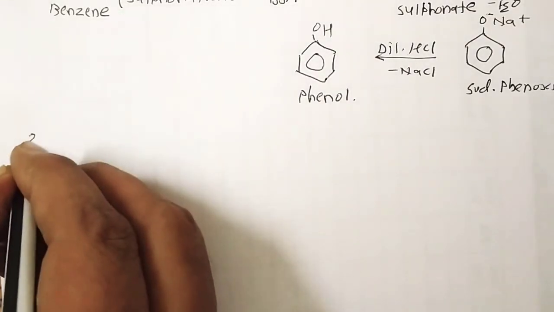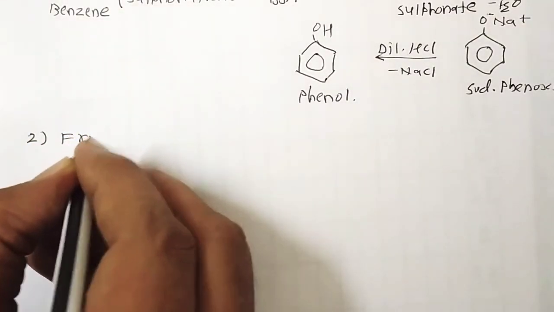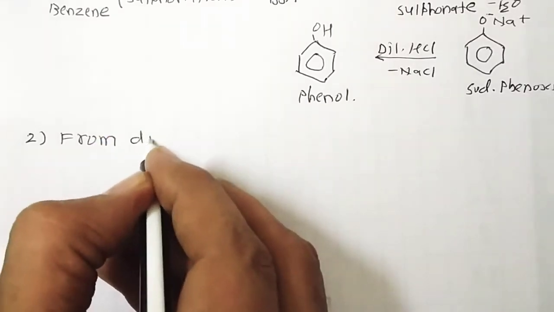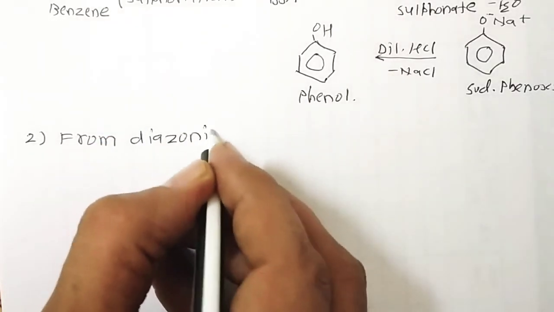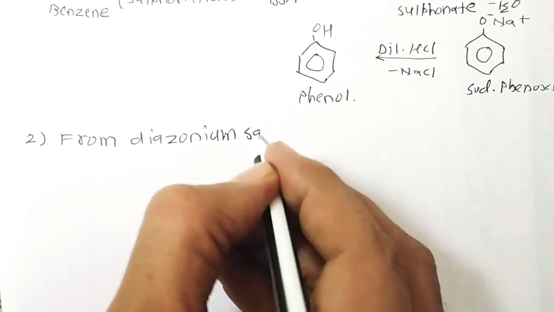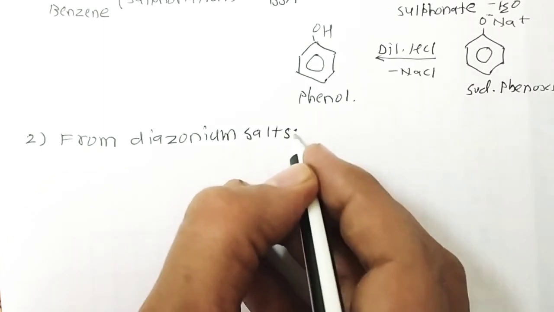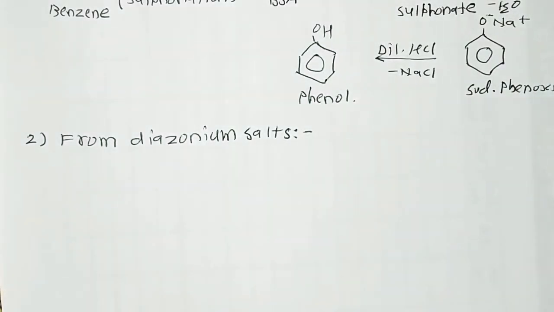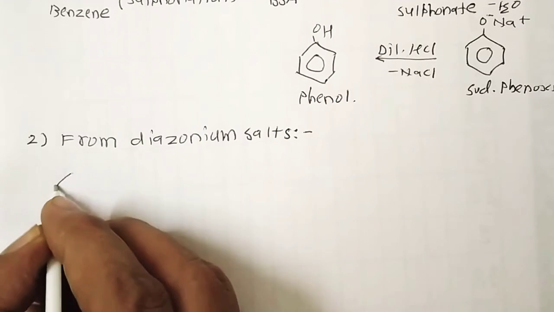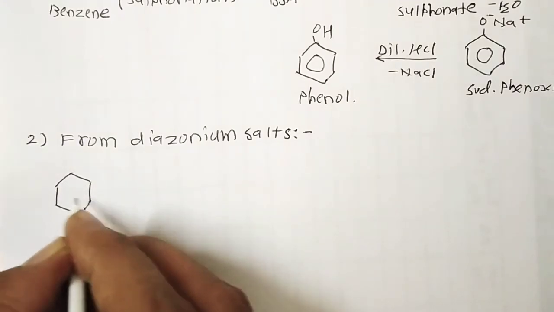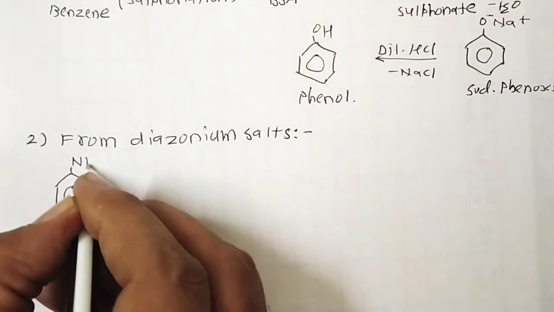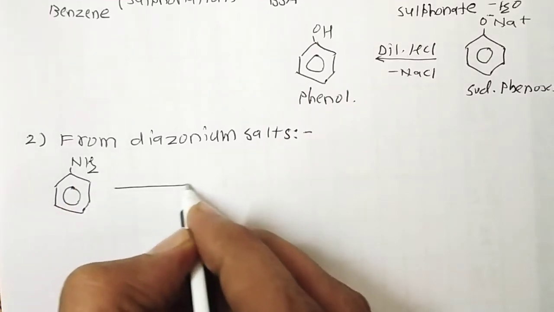Now the number two method is from diazonium salt. For this purpose, I prefer firstly the diazonium salt. We know that in our haloalkane and haloarene portions, we prepare a diazonium salt from aniline. So first you have to take aniline. We know that aniline is a basic primary aromatic amine. This aromatic amine reacts with